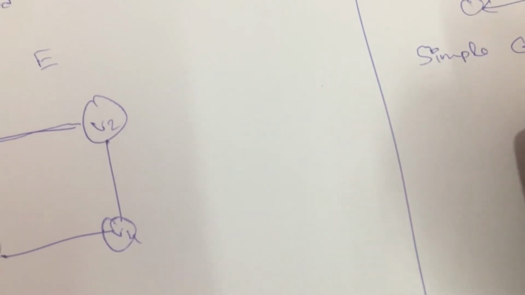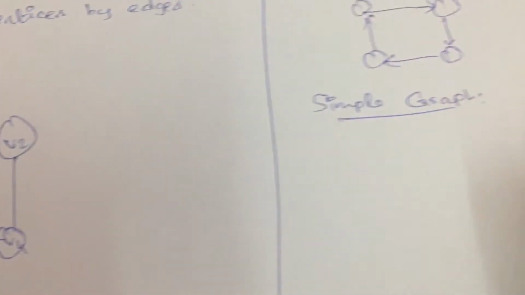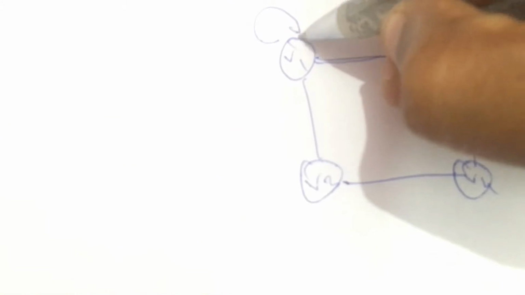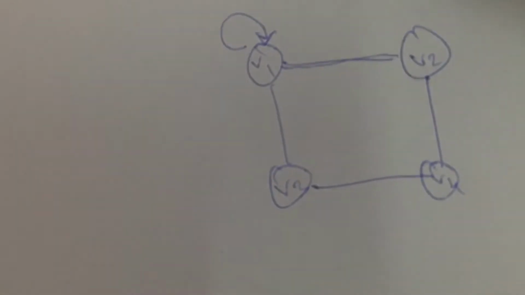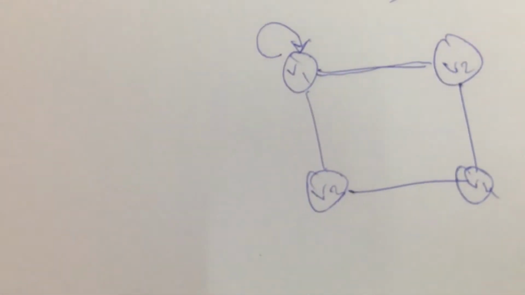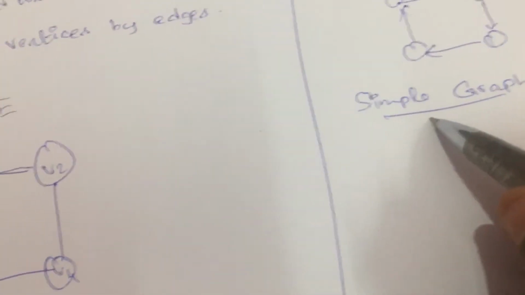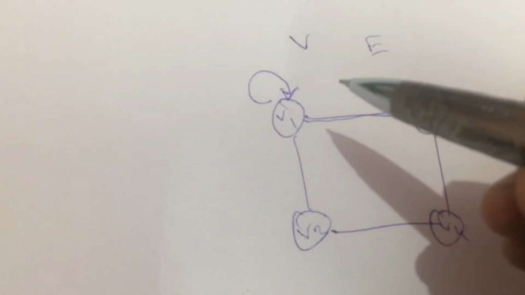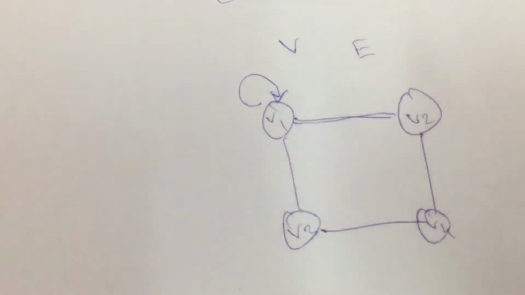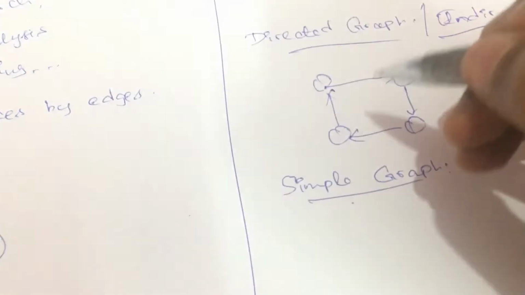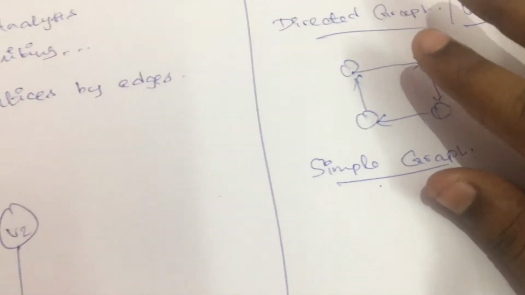So a simple graph is nothing but one that won't have any parallel edges, or even you can say there won't be any self loop. For example, if I have a self loop from the same vertex to the same vertex again, it is called a cyclic graph, or even you can say it is not a simple graph. But when it comes to a purely simple graph, it should not have any self loops in that graph, right? So that is why, if we don't have any self loop, that is called a simple graph. Just do remember this.